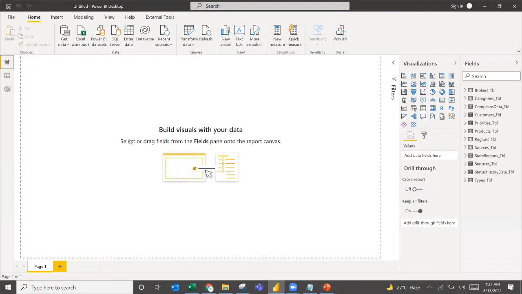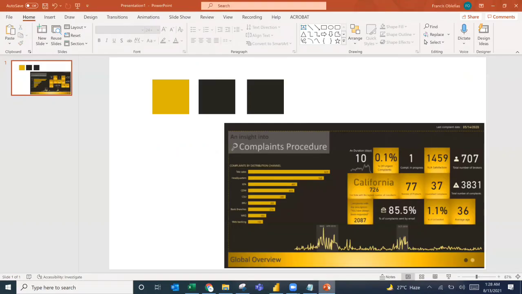So now we have the 2 years data. So let's try to replicate now what we have in